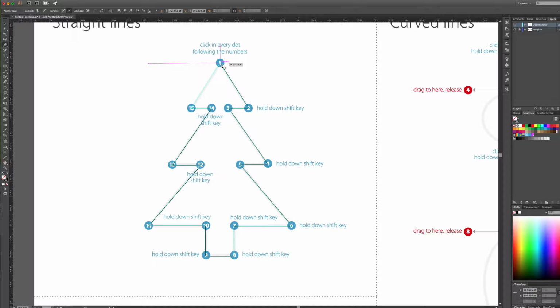Now, to close a shape, you can see when I put my cursor back over my original first point, I now get a little circle, which means close shape. When I click that, I now have a shape. So, a key thing with the pen tool,